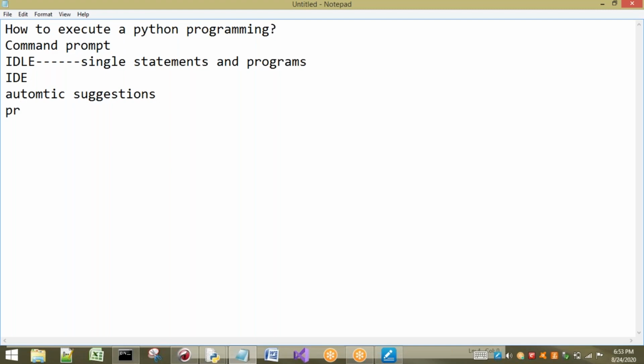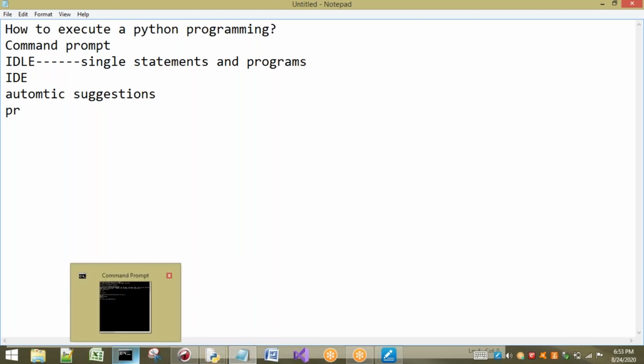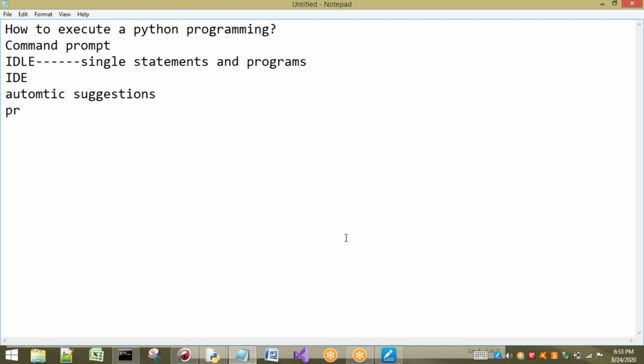For us, it is better to use IDLE or the command prompt. Both are the same, and we can execute in the same way in both cases, but better to use IDLE. If you go to an IDE, it is going to suggest automatically, so we cannot learn very fast. If you already know Python, better go for IDEs only. I will not suggest IDLE or command prompt at that time. But if you are in the starting stages, better go for IDLE, don't go for IDEs. But once you learn all of Python and know everything, then I will suggest only IDEs. I will not ask you to go for IDLE or command prompt.